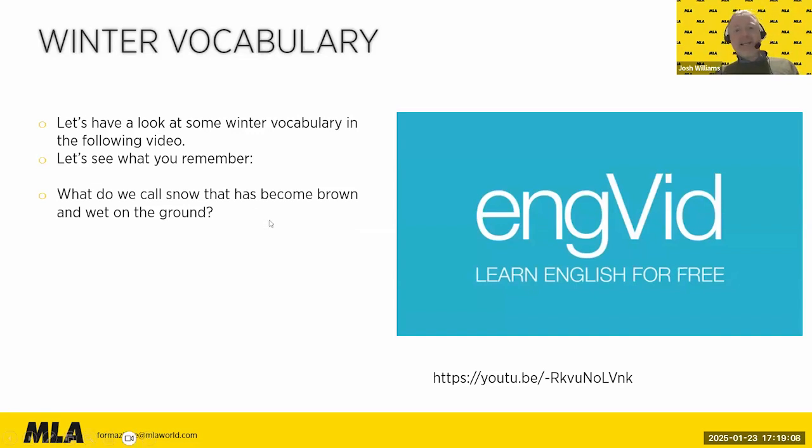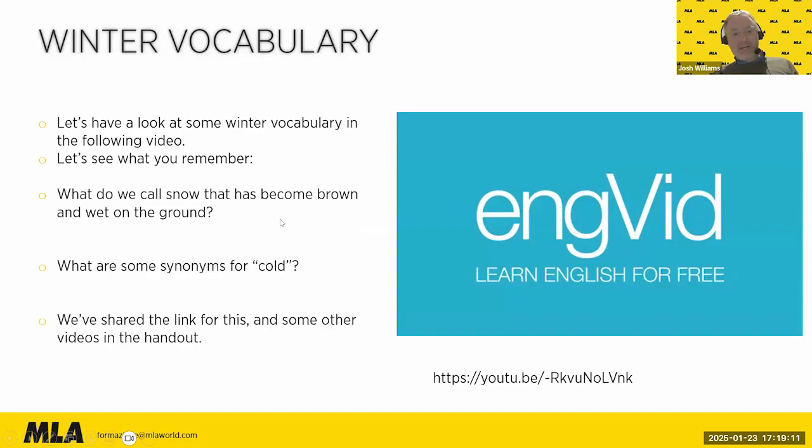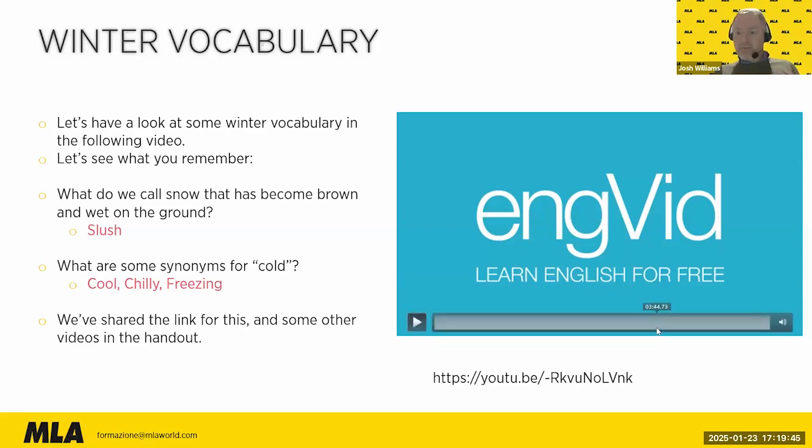Okay. Let us know what you got for these ones. Okay, so we had slush, cool, chilly, freezing. What I was saying before that is that it's very often very good to have some vocabulary like cool or chilly or freezing, in addition to just words like cold or hot. Words like cold and hot are very easy for students to use, and they can put very, very cold, very hot, quite cold. But using these extreme expressions is much better.